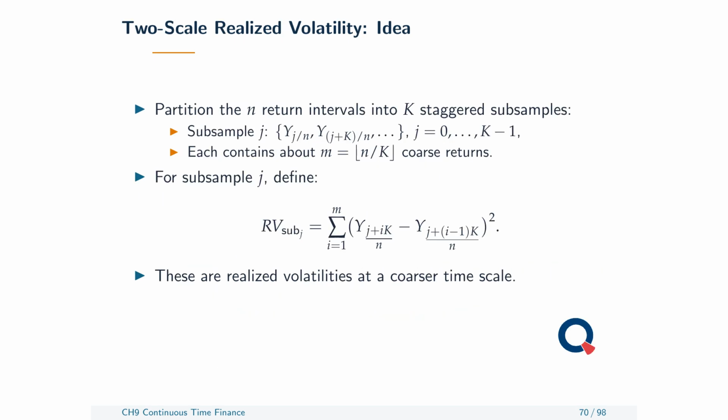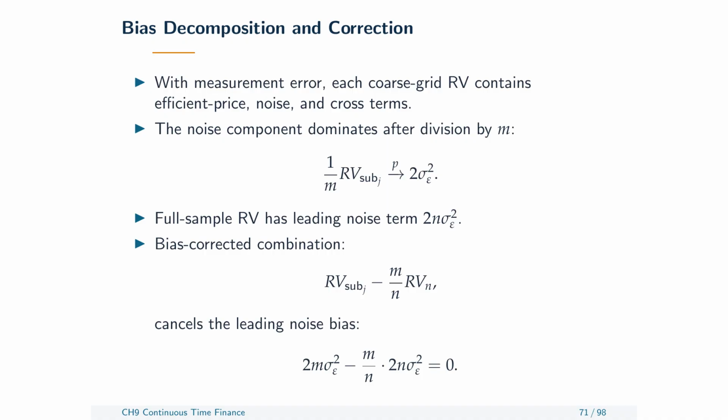Two-scale realized volatility, or TSRV, divides observations into several staggered subsamples. Each subsample uses returns separated by k original intervals, producing a coarser realized volatility. The subsamples begin at different offsets, so they collectively use the high-frequency record. Averaging their estimates reduces variance compared with choosing one arbitrary coarse grid, but each coarse estimate still contains measurement noise